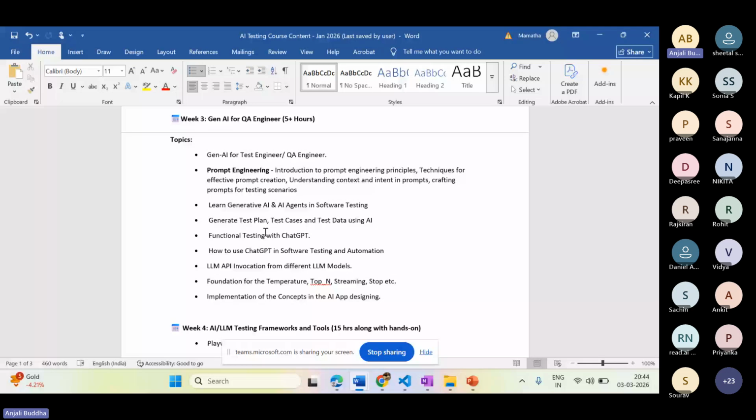Along with that, there is an LLM API. When the LLM API has been built, we have to set different parameters.